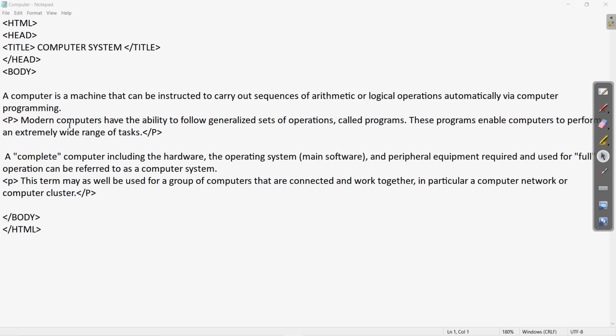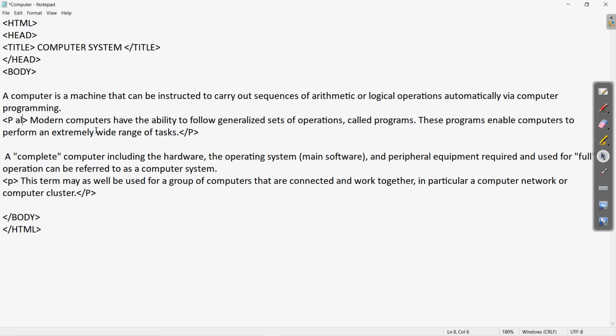Now suppose we want to change the alignment of any of these paragraphs. Here with the second paragraph we are going to use the align attribute. We have to write align is equal to, then give the position.